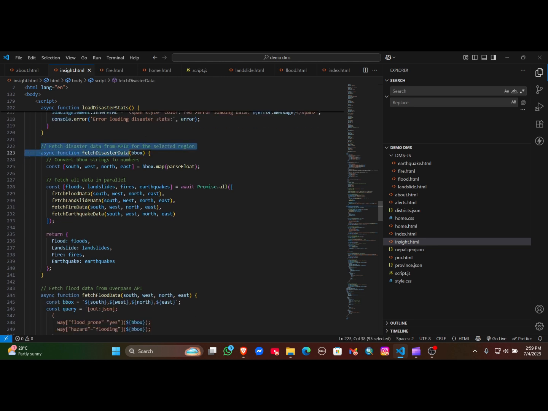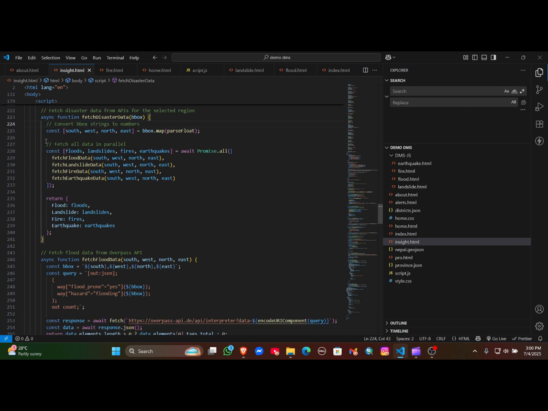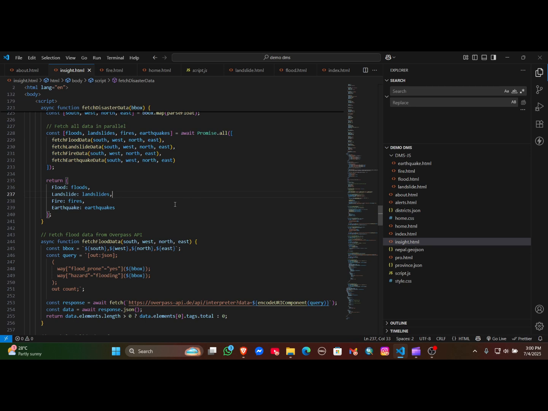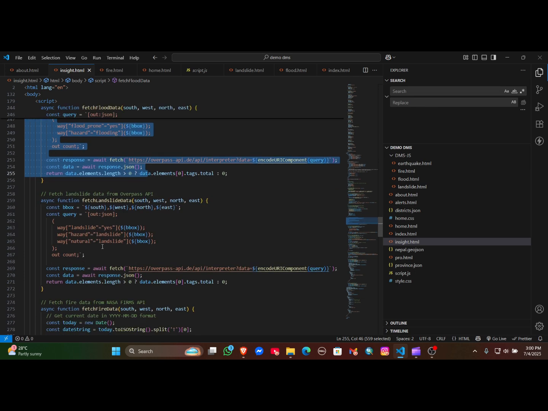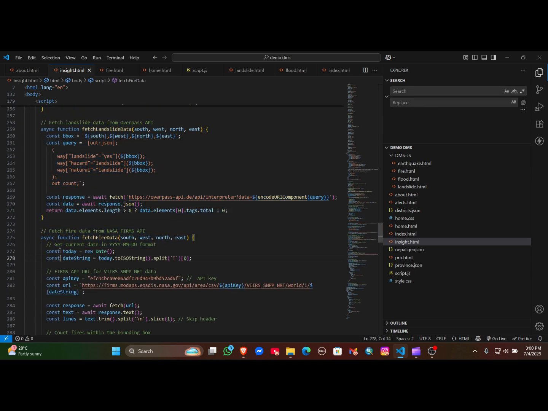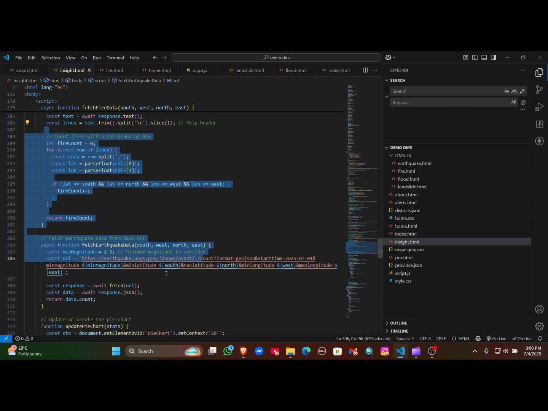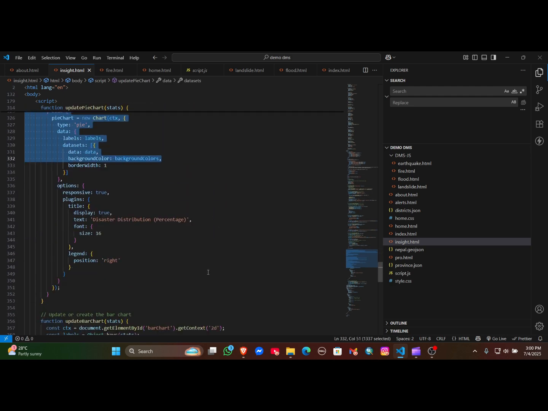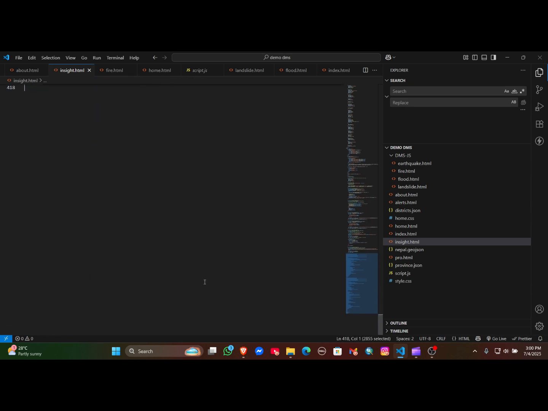It fetches the data from the APIs for the selected region and converts the bounding box values from strings to numbers. It fetches all data in parallel. It fetches the data from Overpass APIs for flood and landslide, fetches the data from the NASA FIRMS APIs, and for the earthquake it fetches from USGS APIs. And this is for the interactive charts functionality